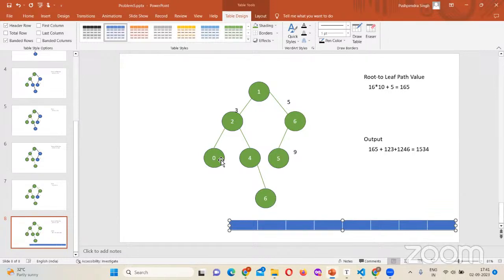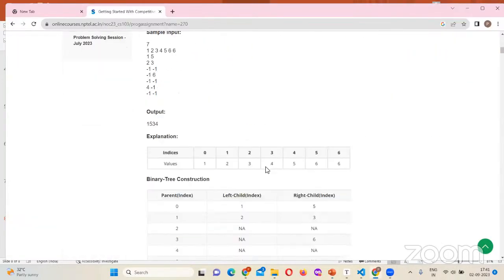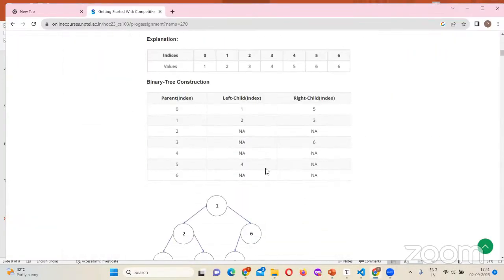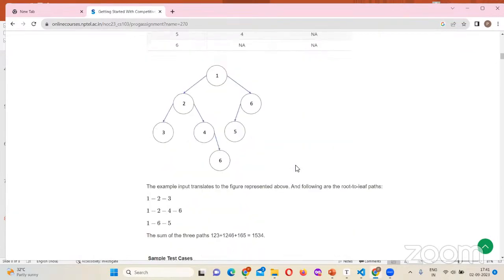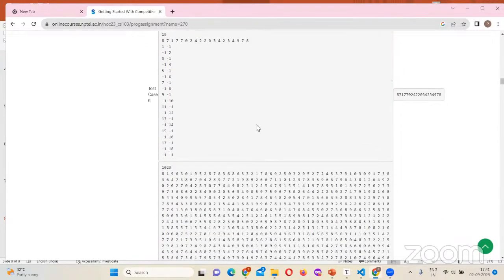So I think 2 or 3 test cases are failing in my test. Okay, how many test cases did you pass? Do you have that number? Can you tell me which test cases are passing? It is showing 3 out of 7 test cases passed. 3 out of 7, yeah.